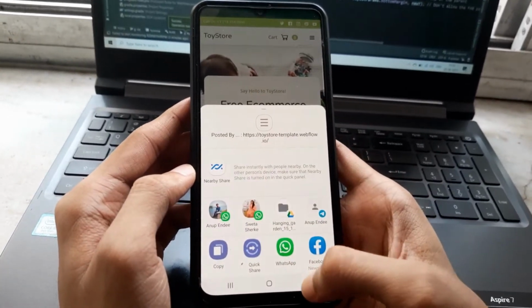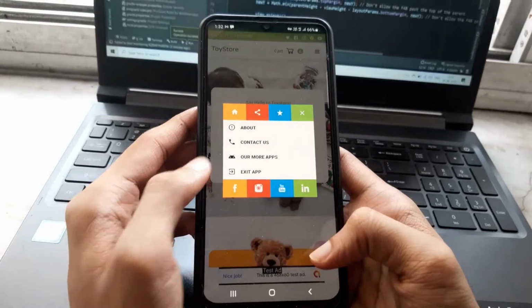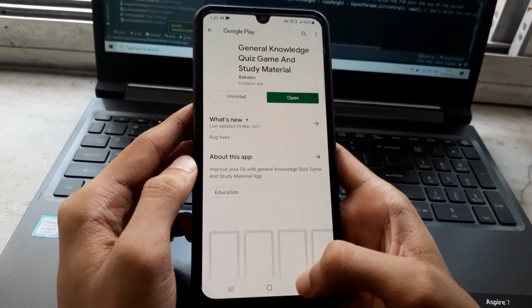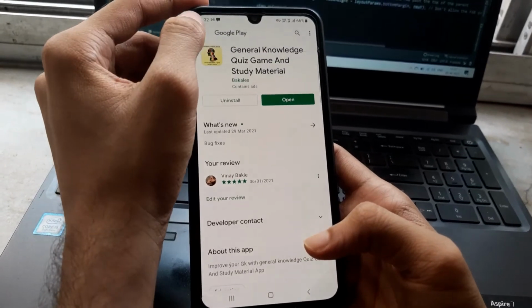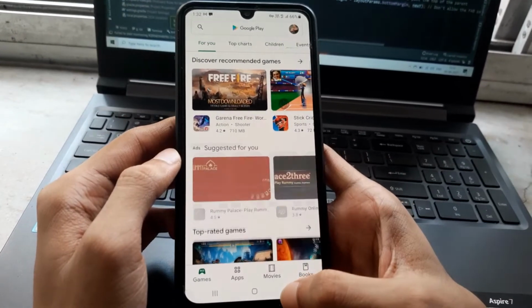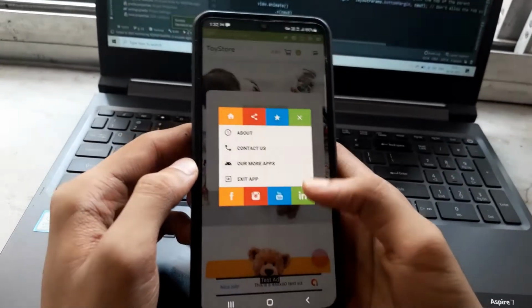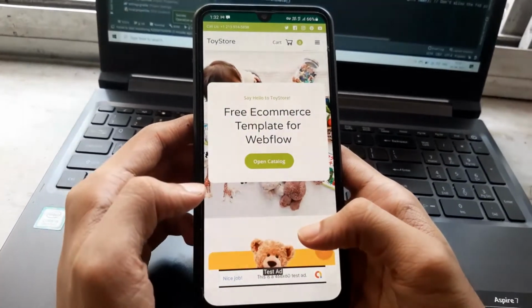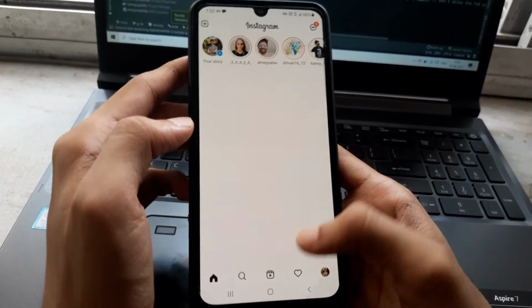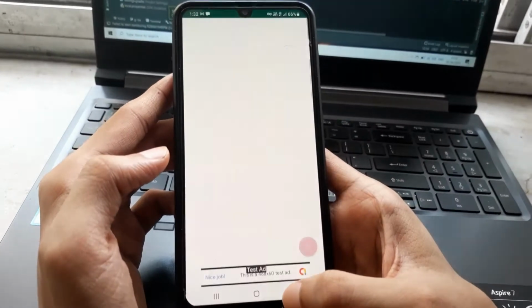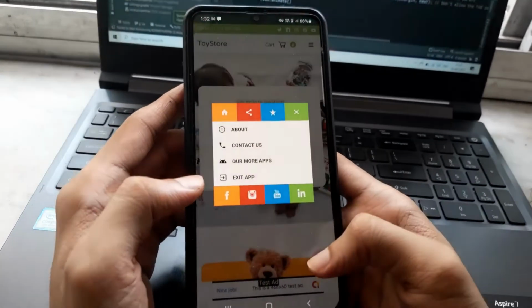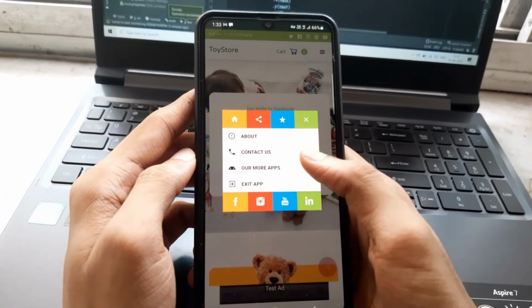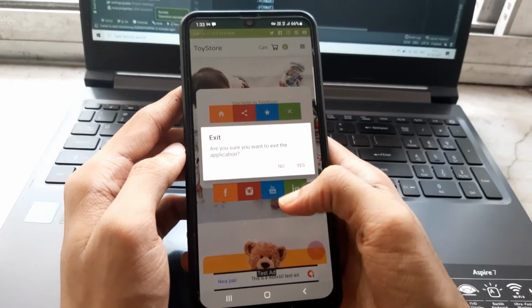We can change the menu as per client requirement. There is also a rate button through which user can rate your app on the Play Store. Mobile market is the growing market, and these days most people spend their time on mobile. There is also a social media button inside the app so that your user will connect with you through your social media account. Here are some shortcut menu options we can integrate as per your demand.